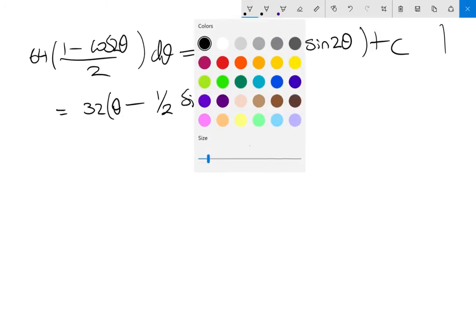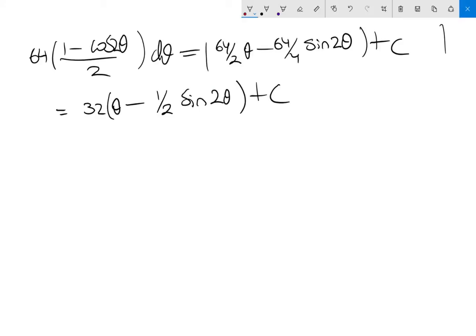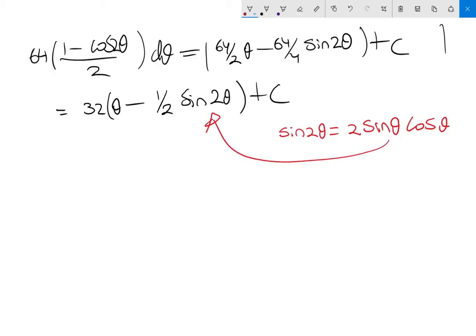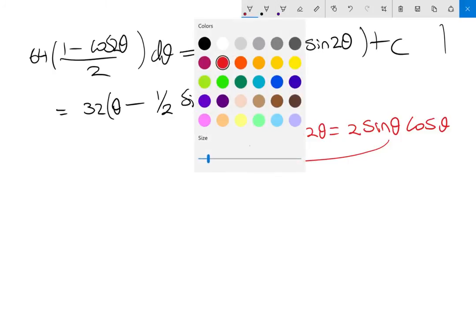Now what we know, we're going to use the double angle identity, which in this case is that sine 2 theta will just equal sine theta cos theta, and by subbing this back in, because it's an over 2, it's going to cancel out,